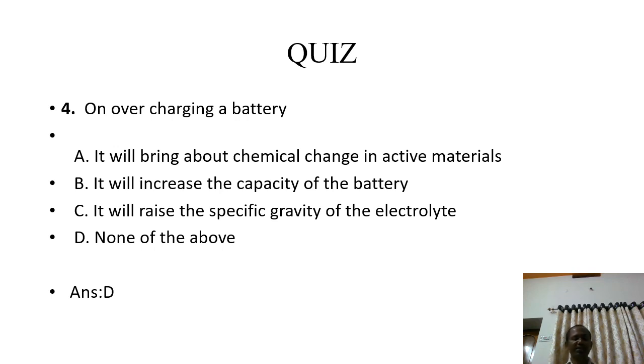All this you can practice at home, and you can prepare an assignment for it. One, write the application of lead acid battery. Second, define ampere hour efficiency of the battery. Third, watt hour efficiency of the battery. You can define and explain in detail, and you can draw the practical diagram of the ampere hour or watt hour batteries. These equations help in the calculation of ampere hour efficiency and watt hour efficiency. These are most important problems from the examination point of view.